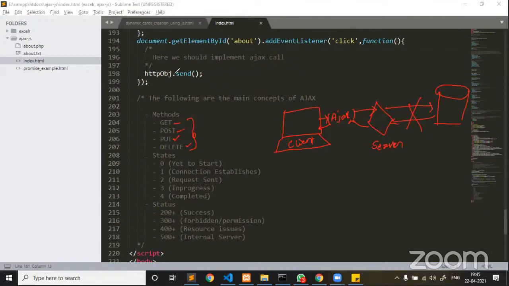Okay. Now guys, if you are familiar with HTML, in HTML also, when you are submitting a form, we might have learned form submission using get or post. The get always submits a form using a URL. Through a URL, the data is going to be submitted.